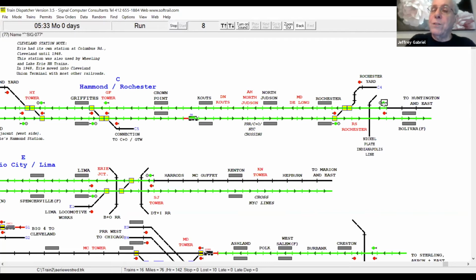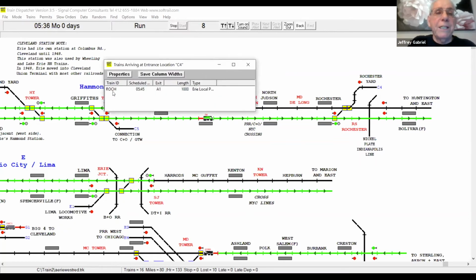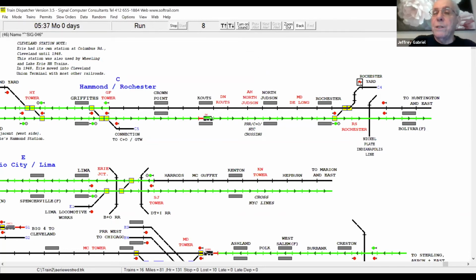Okay, so if I want to throw that switch, I'm going to do that, and I'm going to clear it like that. Now, one of the reasons I would want to clear it like that is there's a suburban train, I believe, at 5:45. Let's see what time it is. I'm going to click on the C4 here. I'm going to right click on it, and a little box pops up. Let me bring that box up where you can see it. And it says, there's a train that's going to enter there at 5:45, and its destination is A1 Chicago. That's a commuter train. So since I know that, I'll clear it. Okay, that'll be able to run by itself now.